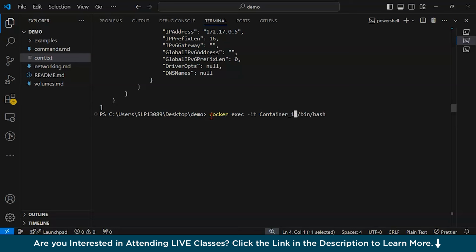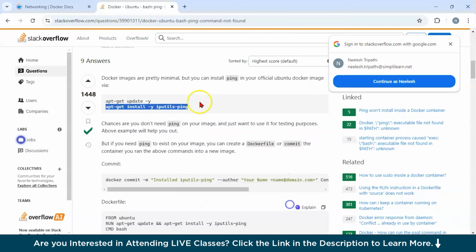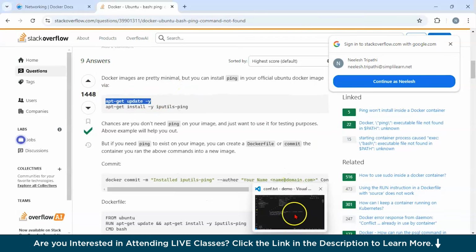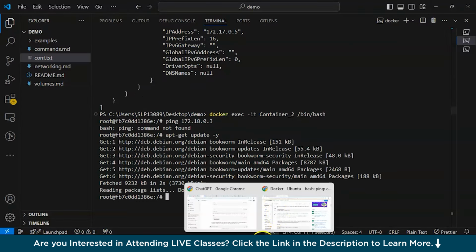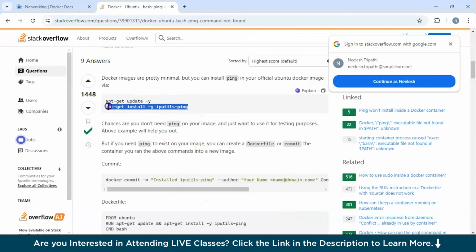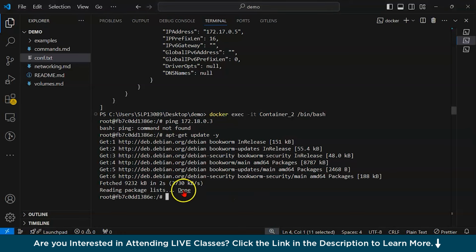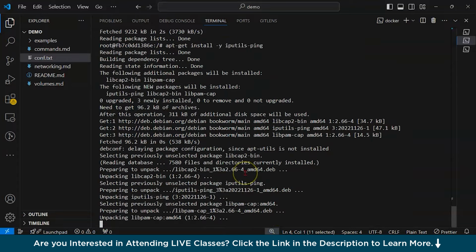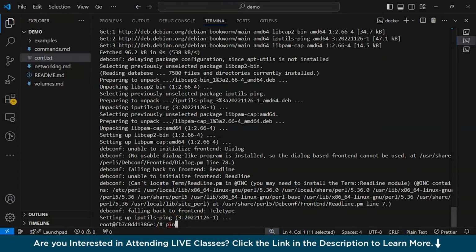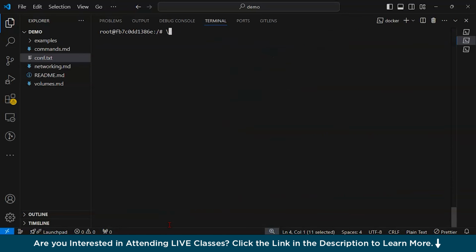So instead of 1, I'll type 2 all over here. And we are in container 2. Now if I try to communicate all over here, since ping is not installed, let us install ping first. Okay. Now after that, you can just copy the same command and you can see ping is installed. Now let's clear the screen first. Okay. Now when I'm trying to do the ping,